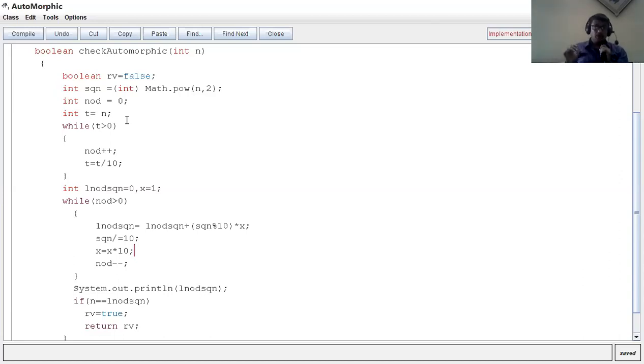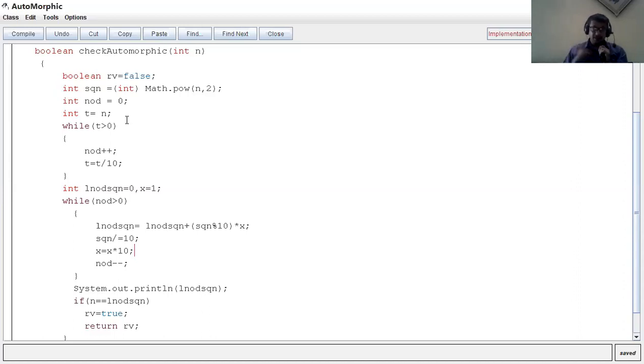Now I have to know how many digits are there in the number I have entered, n. Why am I transferring that n into t? Because if I find how many digits there are by reducing n, then I will lose the value of n; n will become 0.